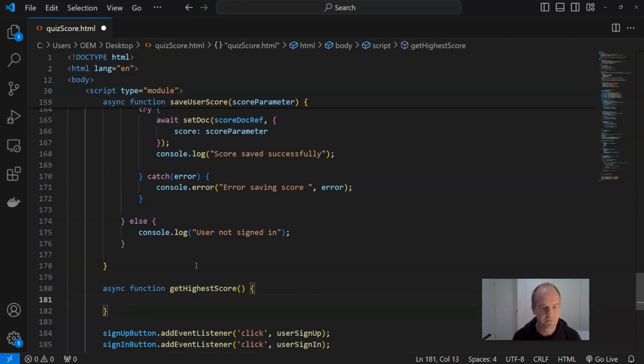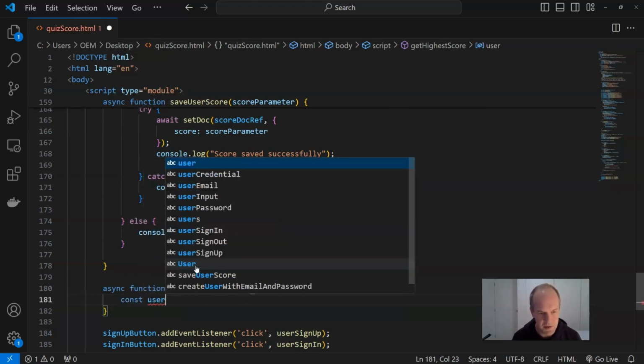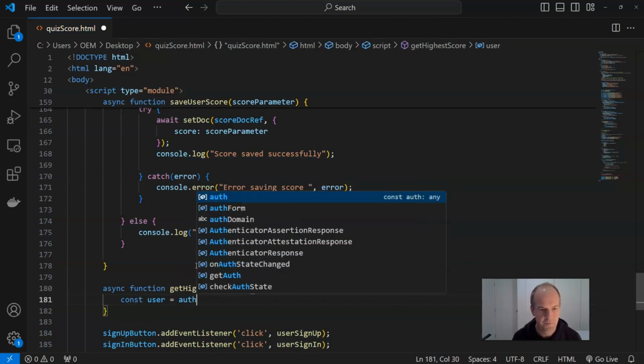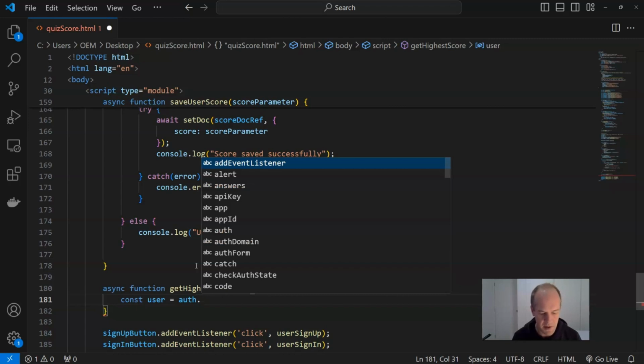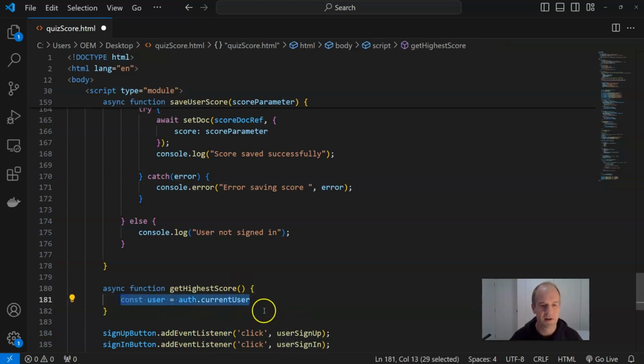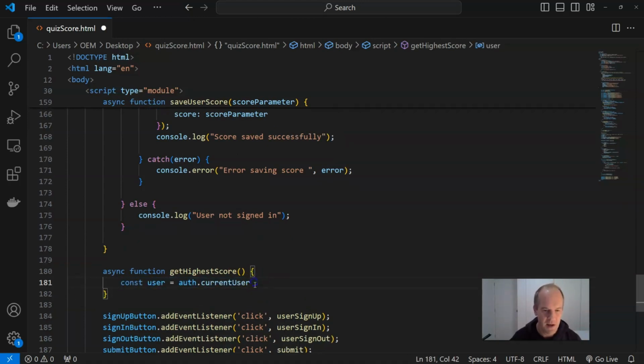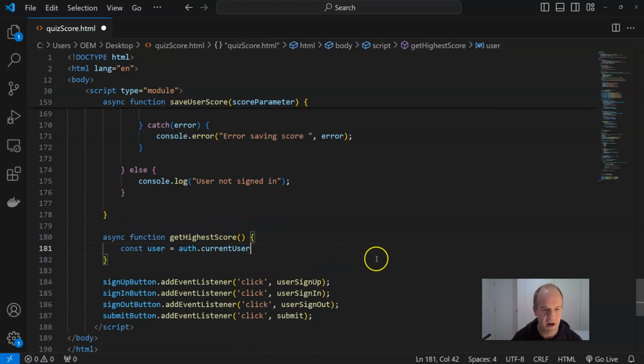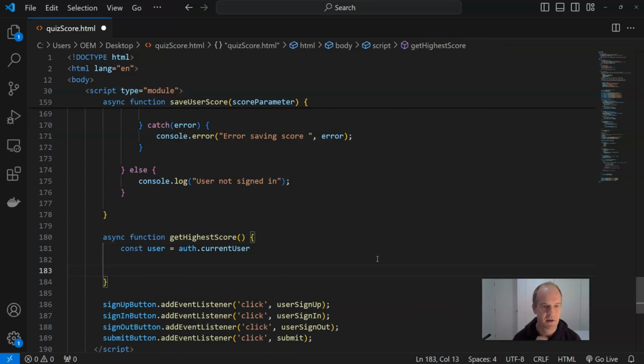And in this function, once again, we're going to make a constant variable called user, which is going to be, we're going to use the authentication library and just say current user. So as we did before, again, we want that inside the function, not as a variable outside the function, because we want to be running it and checking it every time we run the function. So again, they might have signed in and signed out. So let's make sure that they are signed in, that we've got the correct user every time we run the